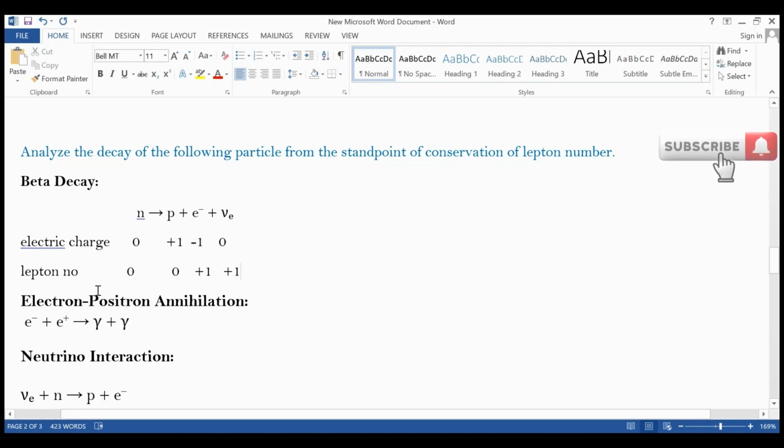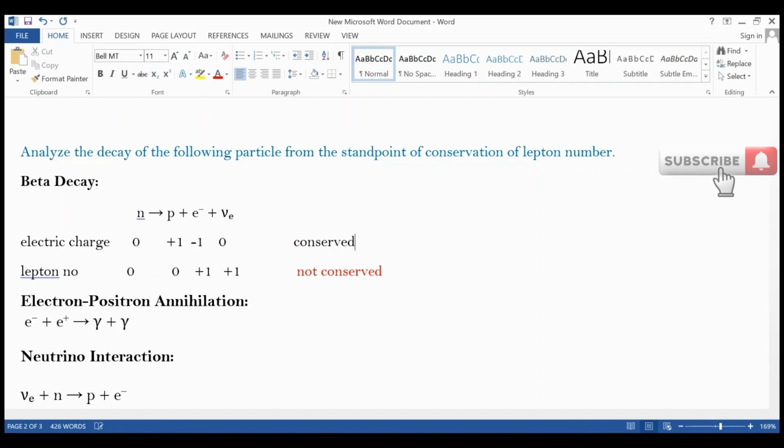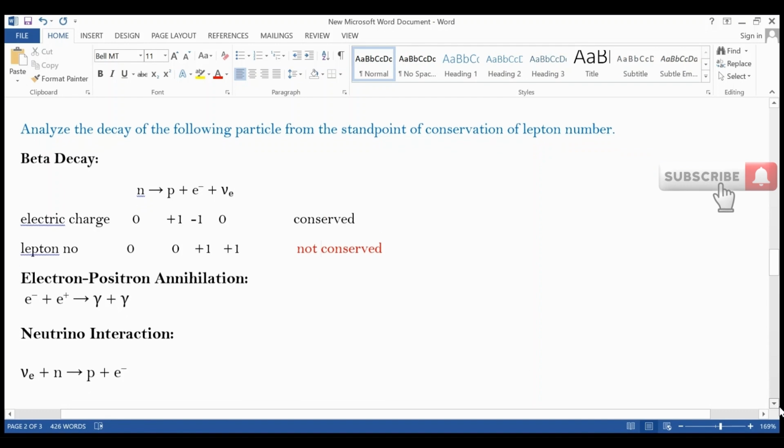Electron neutrino is also a lepton, so +1. So law of lepton number is not conserved, while electric charge was conserved. This simply means that the reaction is not possible because it violates the law of conservation. Moving towards another problem,